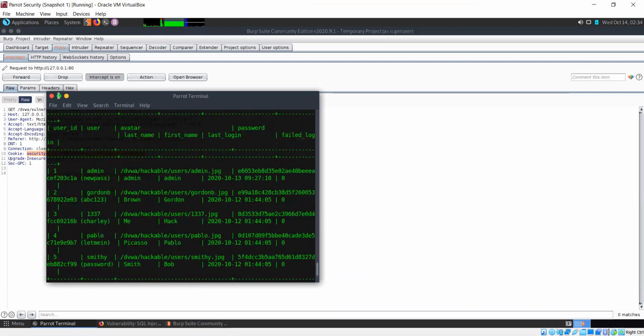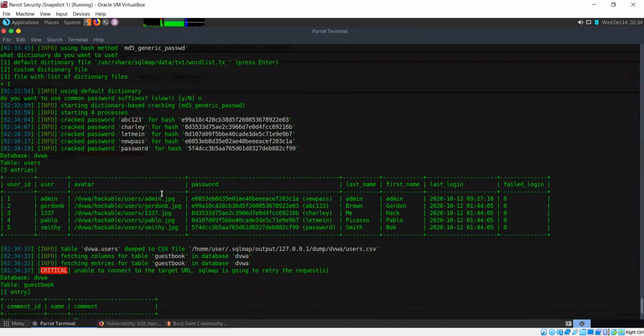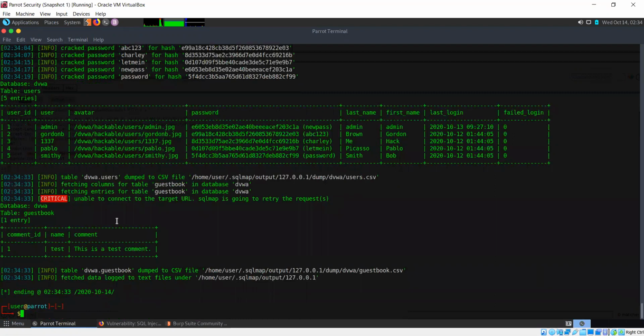So it has dumped out the databases and the tables for you. So this is the users table. And this is the guestbook table.